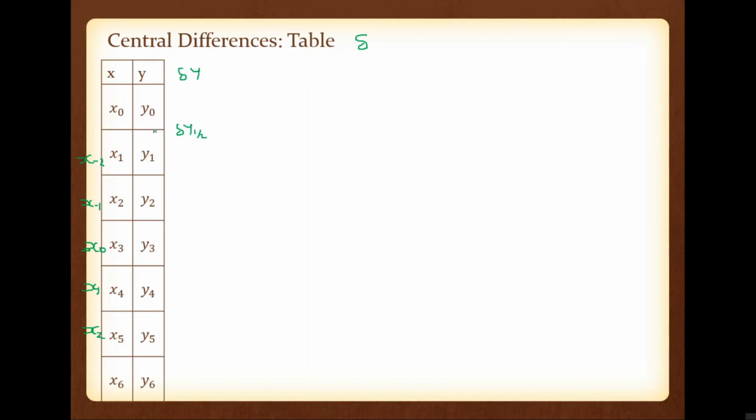So you can see that the position is between y0 and y1 here. Actually y 1 by 2 is not available, but theta y 1 by 2 is between y0 and y1. So that is theta y1 by 2. And what is theta y1 by 2? That is equal to its next data y1 minus its previous data y0. That is central difference. Okay. So theta y1 by 2 is equal to y1 minus y0. Is it okay?